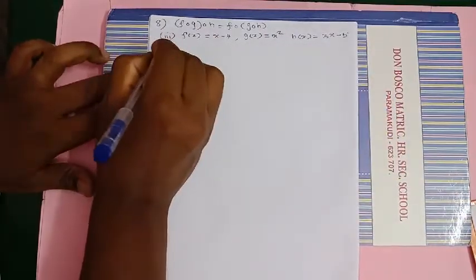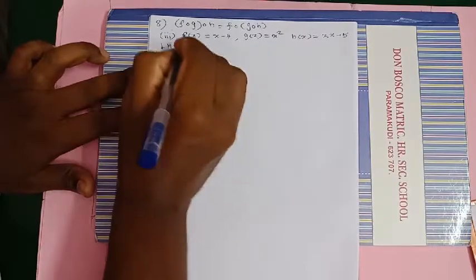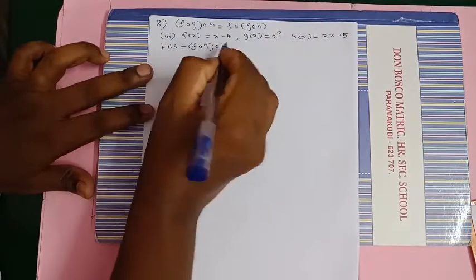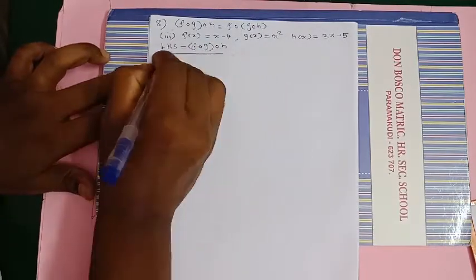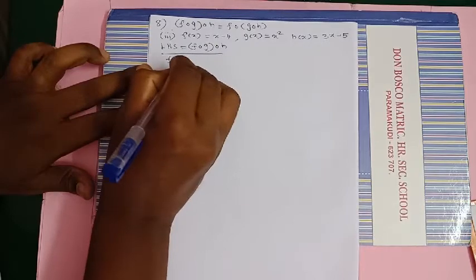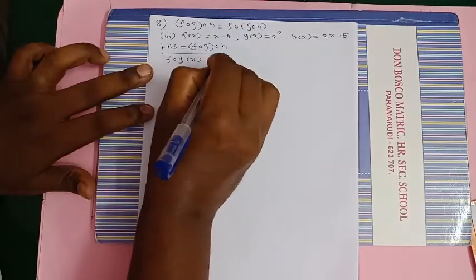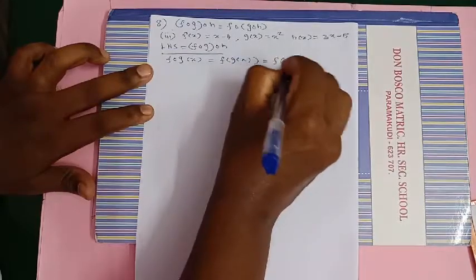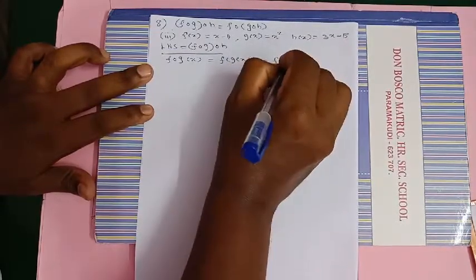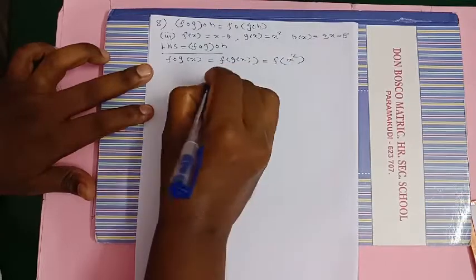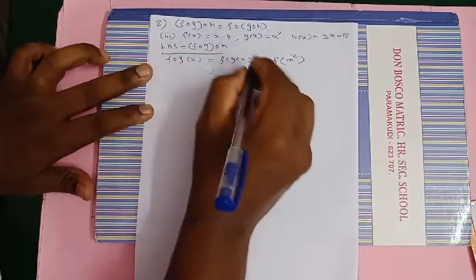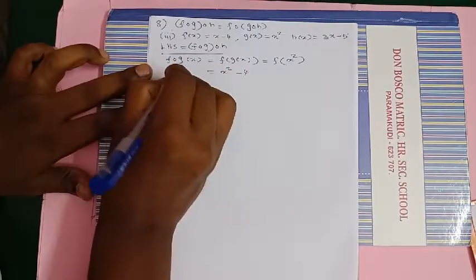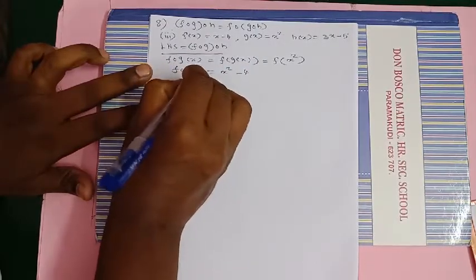So first one, let us find the left hand side. What is left hand side? Left hand side is equal to f composition g composition h. So first one, what is given in the bracket? f composition g of x is equal to f of g of x, which is equal to f of, what is the work of g of x? Square. It is x square. Now look at what is the function of f? Subtract 4. What is given inside? x square minus 4. So this is the work of f composition g of x.